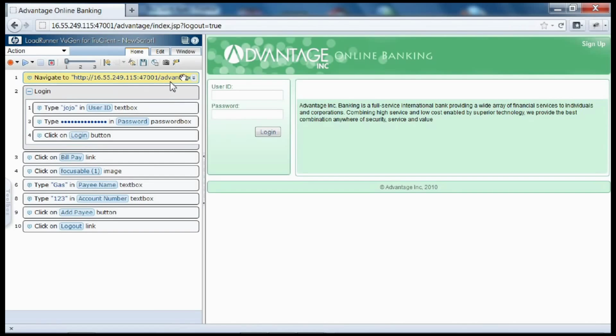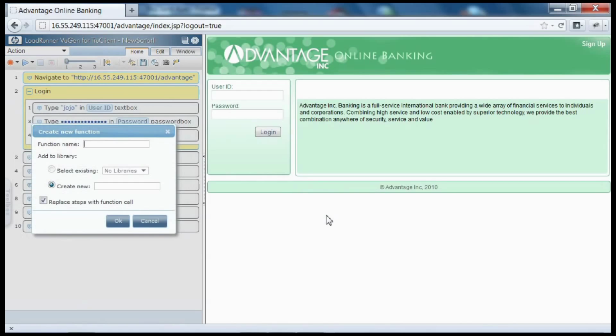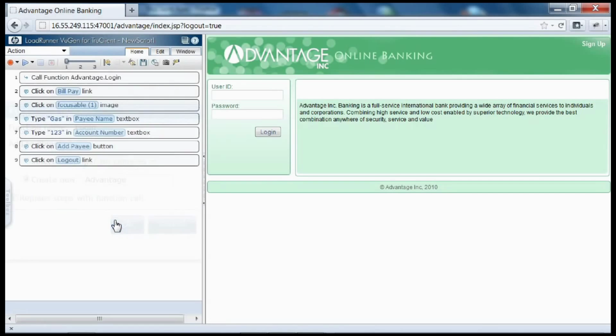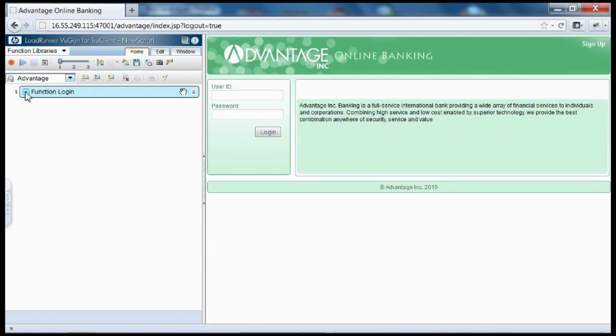Now let's turn the login steps, including the navigate step, into a login function and put this function into a new library. Let's go to the function library and see the function we've created.